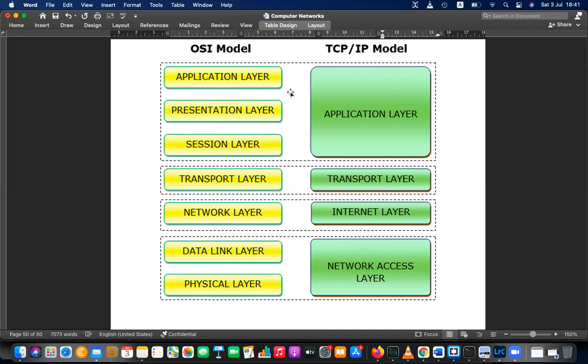So please draw this diagram quickly and do a comparison of these two layers. If in your examination you get a question to compare the TCP IP model versus the OSI model,